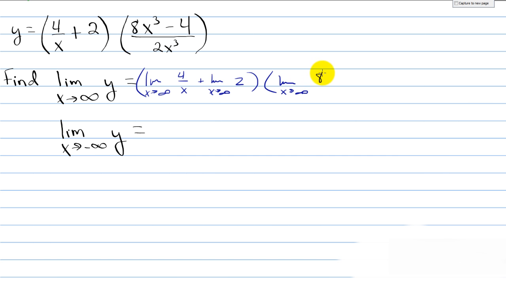So we have really just 8 over 2, so this is going to be 4. Now let's look at this. If x gets extremely large, 4 over x is going to get extremely small. So we have 0 plus 2. The limit of any constant is just that constant, and then that's going to be times 4. So this answer is 8. And the limit as x approaches negative infinity is not going to change any of these functions, so that is also